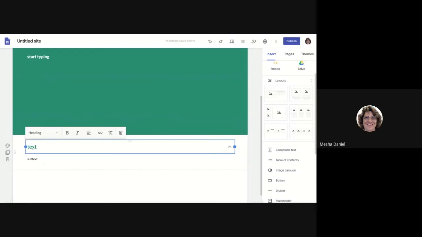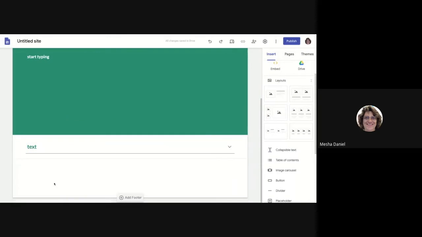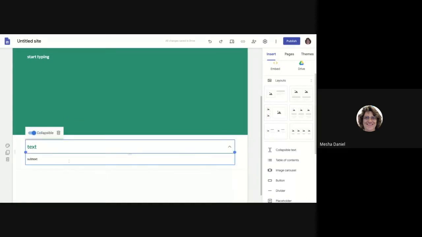So if you had an answer choice here or something, and then you had something underneath that, it's hidden when you first see it. So there's the text, and there's a little arrow, and then this is the text that's underneath. So it's okay. It's not